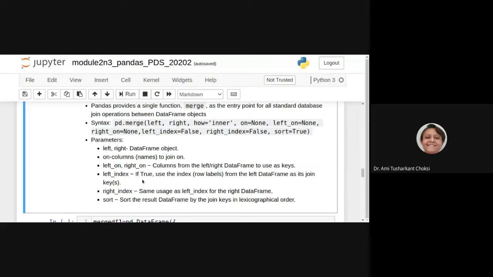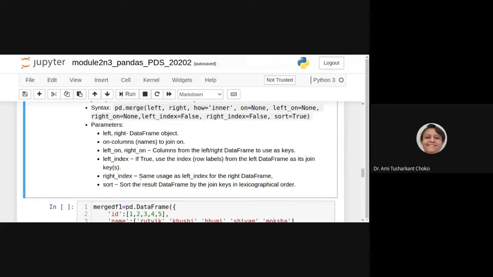Left index: if true, use the index (row labels) from the left data frame as its join keys. Right index: same usage as left index. That is, if true, use the index from the right data frame as its join keys.